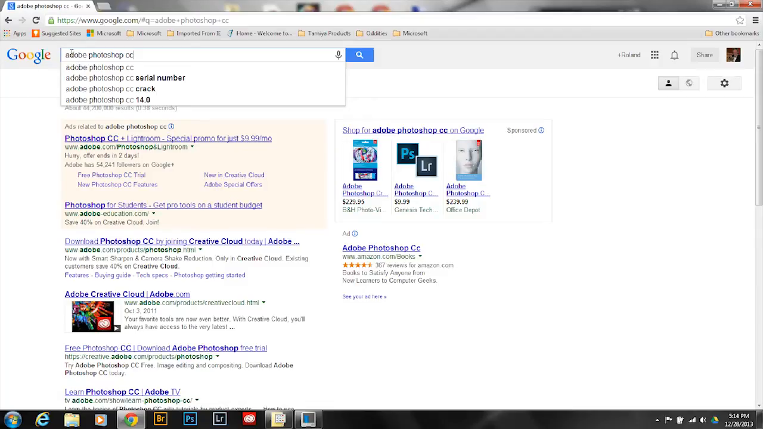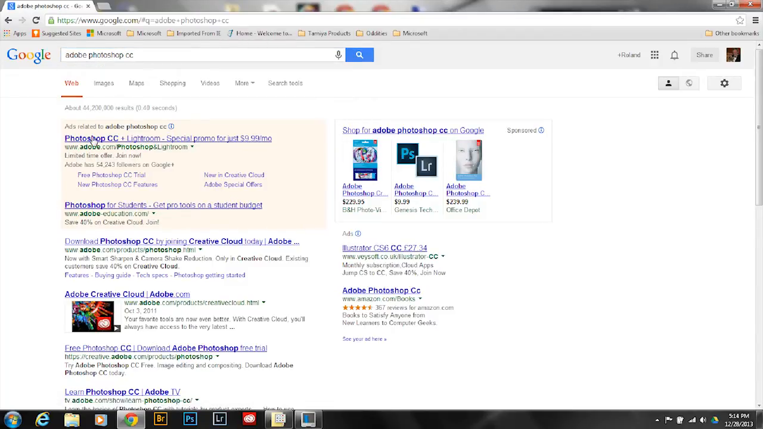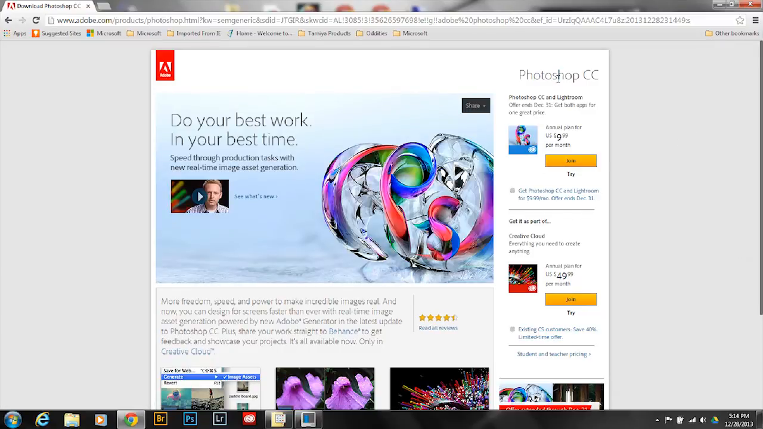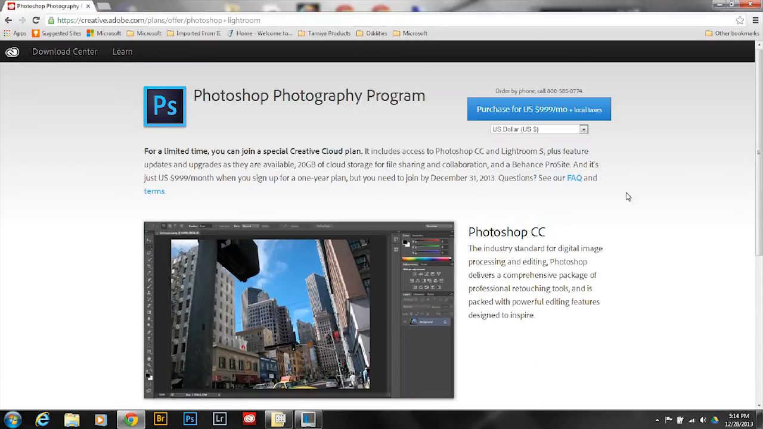So do a Google search of Adobe Photoshop CC, and that should take you to several sites. Here's a good deal at the Adobe website, as long as it comes up. And just click on Photoshop CC, and I guess they're giving you Lightroom for $9.99 a month, and that's with a 1-year membership. So you just click on Join and follow the links